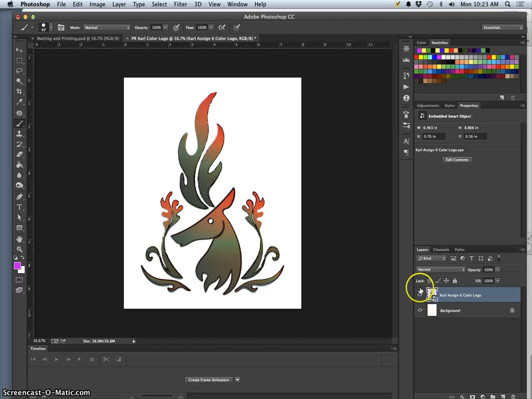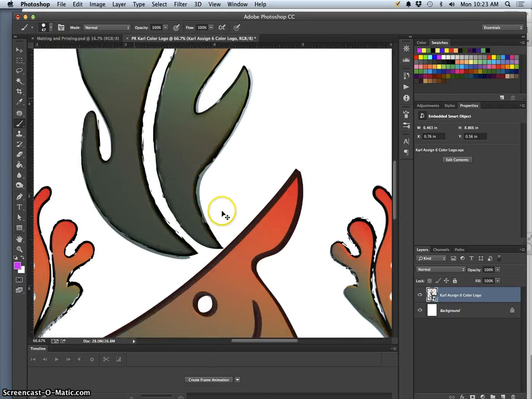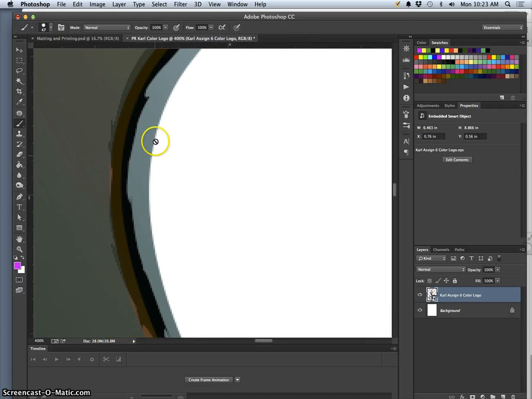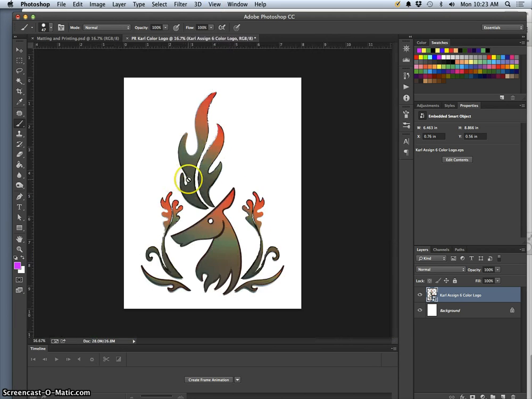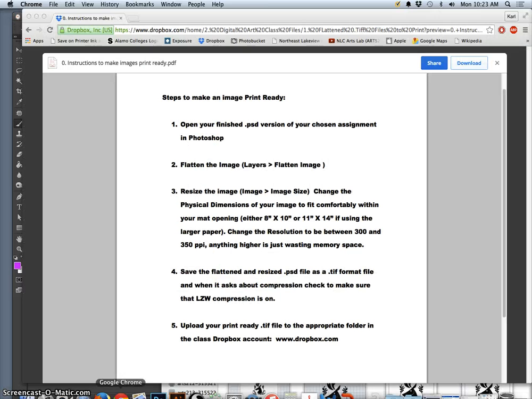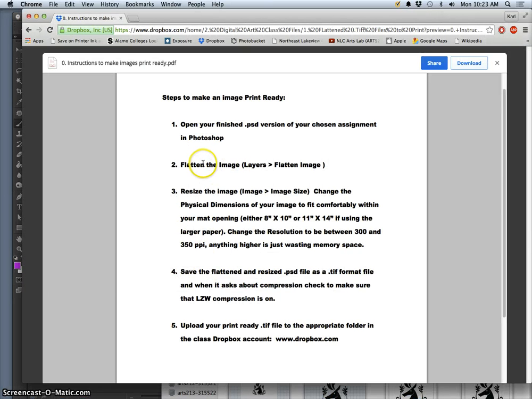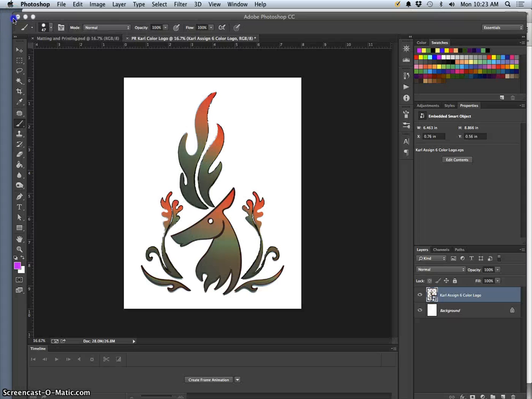But because it's a smart object, it won't let me modify it. And if I zoom in, whatever placement I put it at, it will match that resolution perfectly. All right. So now, how do I make it print ready? I need to first flatten the image. So I've gotten it open, it's in Photoshop. It's the finished highest res, so now I need to